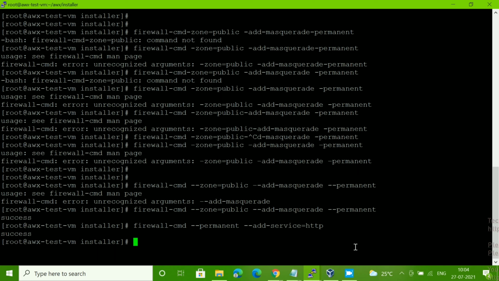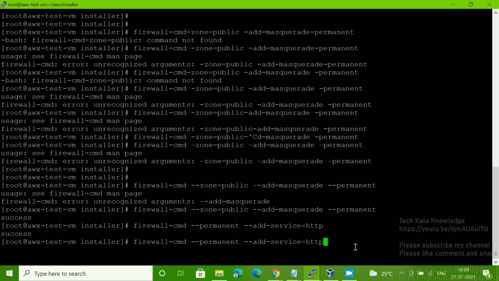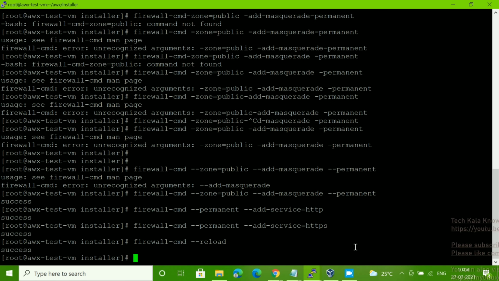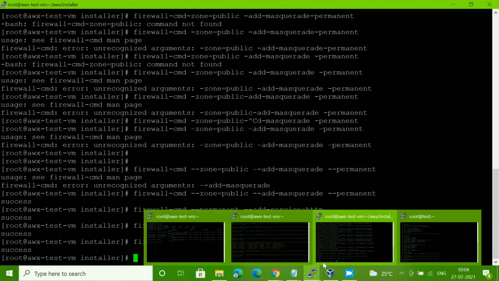Success. Now we have to run the third command, https. Now we have to reload the firewall: firewall-cmd --reload. So our firewall setup is done.